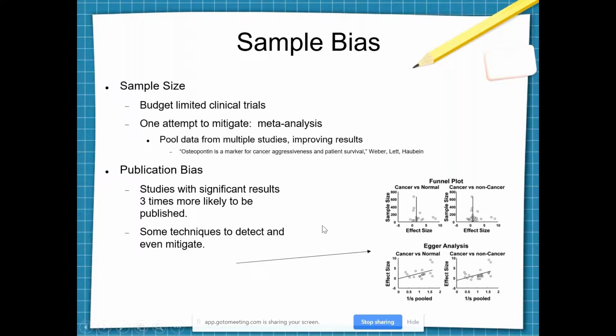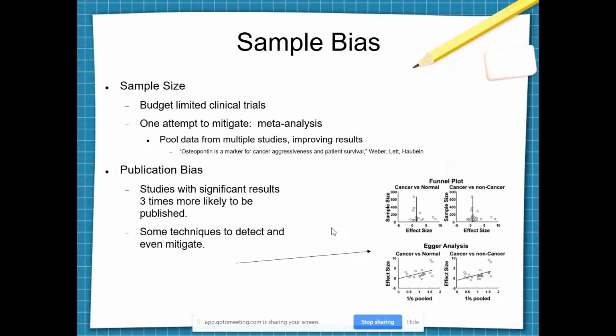Publication bias, though, creeps into meta-studies, and I wanted to talk a little bit about that. Publication bias occurs when people that get a result that's kind of uninteresting, that didn't result in something new, like overturning a previous known result, tend not to publish those results. And so studies with significant results have been found to be 3 times more likely to be published than studies with negative results. Over to the right, you can see some things we did to try to detect and even mitigate